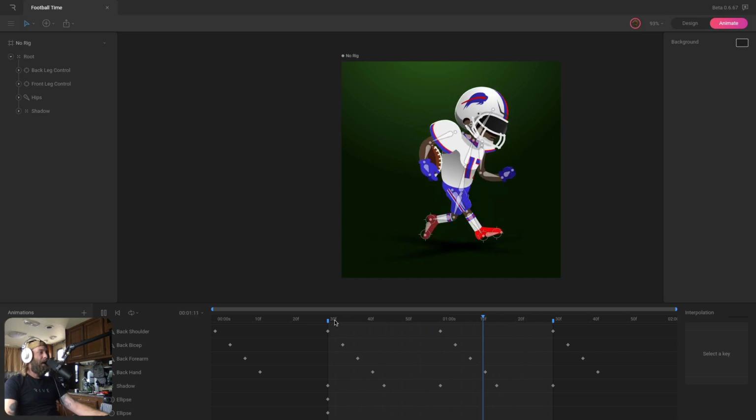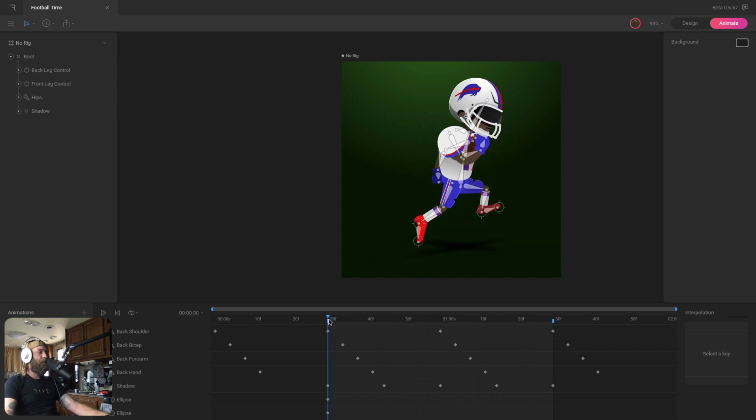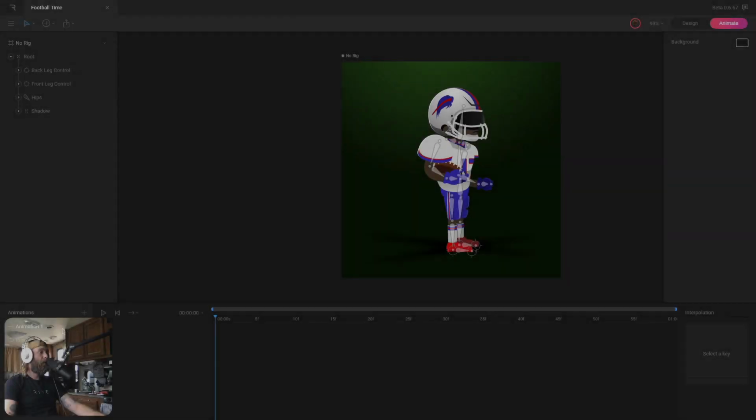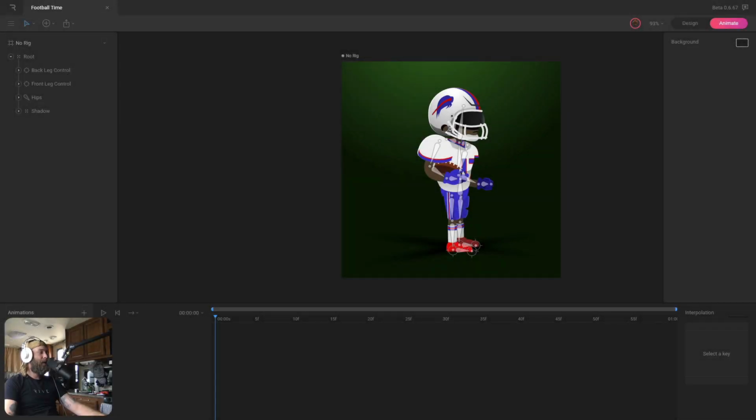And there's some things to consider as we're building that so that when we add it to the state machine, everything works together. So let's add that next. Okay, so I've added an additional animation here. And let me rename this jump. I also renamed the run animation so that we know which one is which when we go to set up